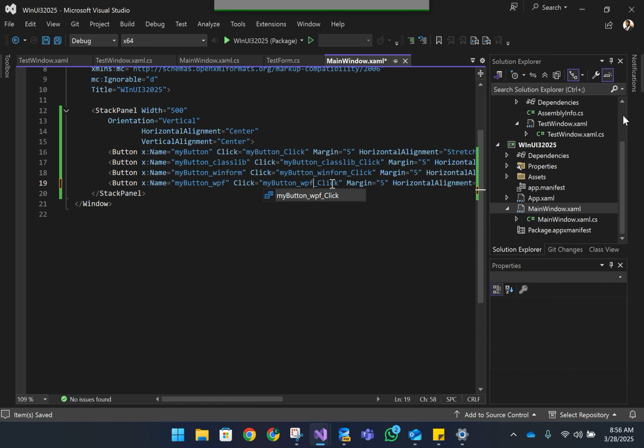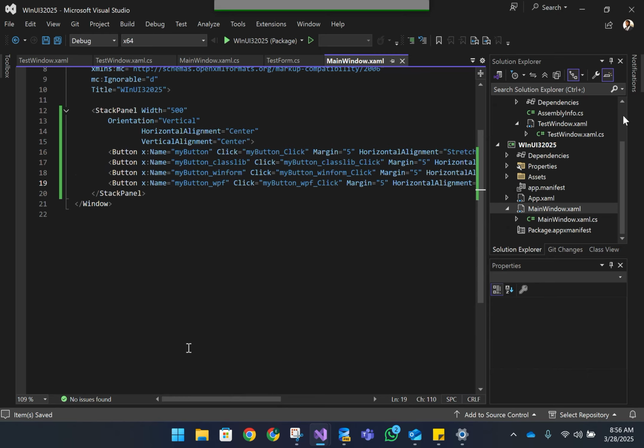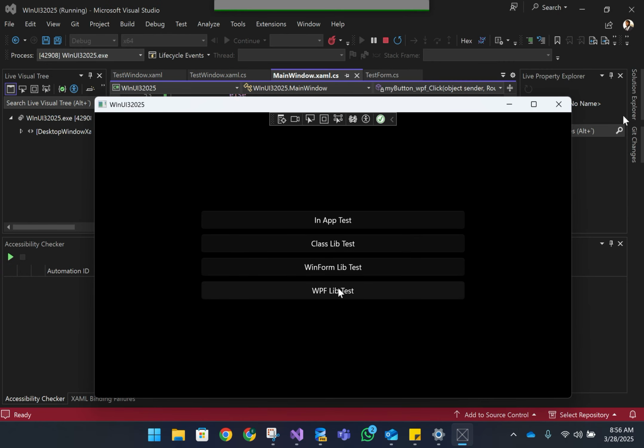And let's change the click event handler to point to that guy. Let's change the button label. Okay, so we have our new button. When we click that guy,